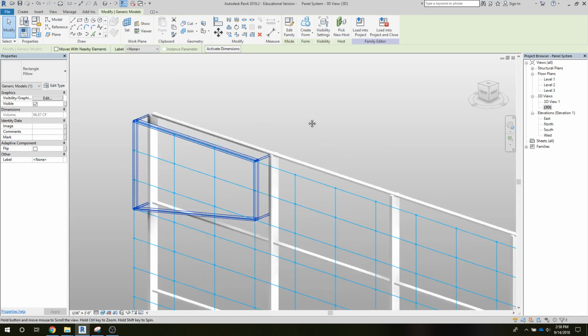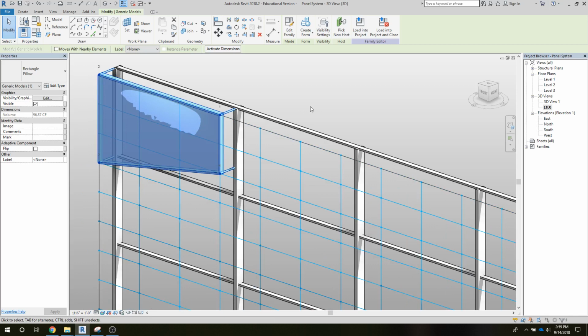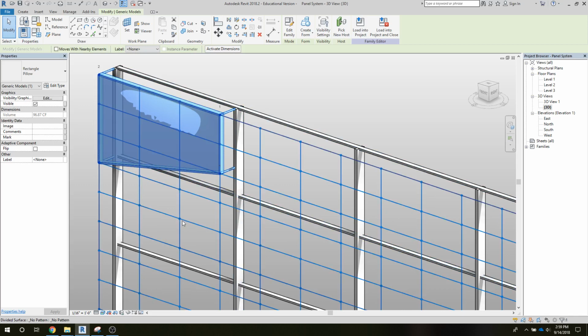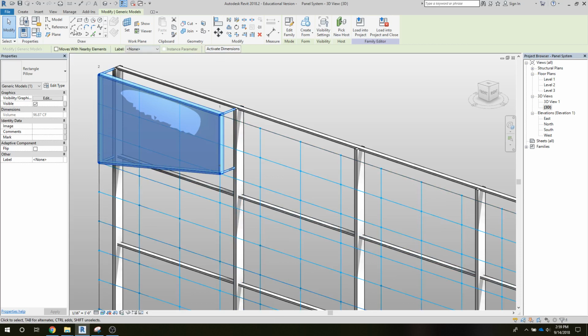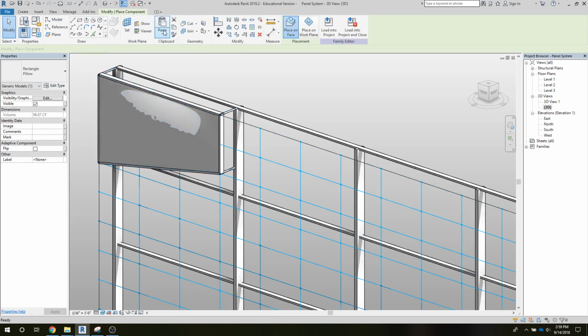I'm going to move this over and I'm going to go ahead and start placing in some other components or pillows. Noting that we're on the node and that we connect back to the grid. So anywhere there's a node, like here we can't connect to because we don't have structure to tie back to. But anywhere along the lines, and you'll see as we go along, I will make mistakes and have to correct them, but what I'll try to do is just give you a general flavor for how we're going to do these placements. So I'll go ahead and place the